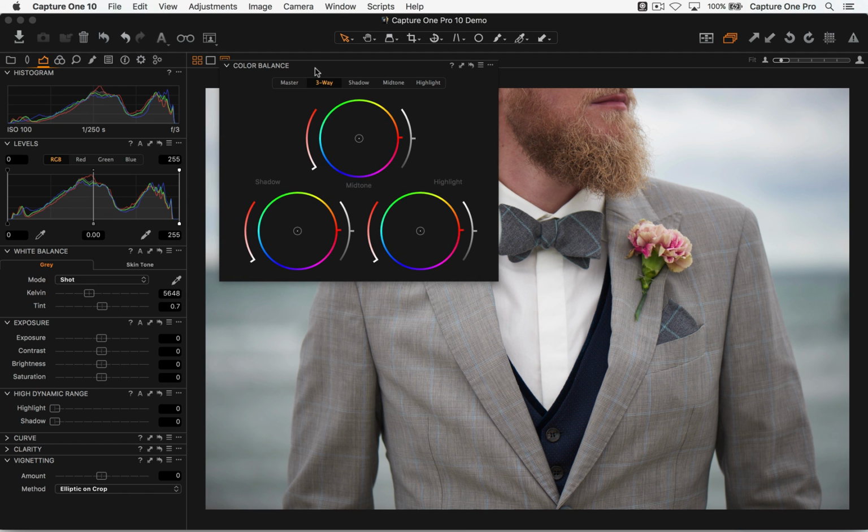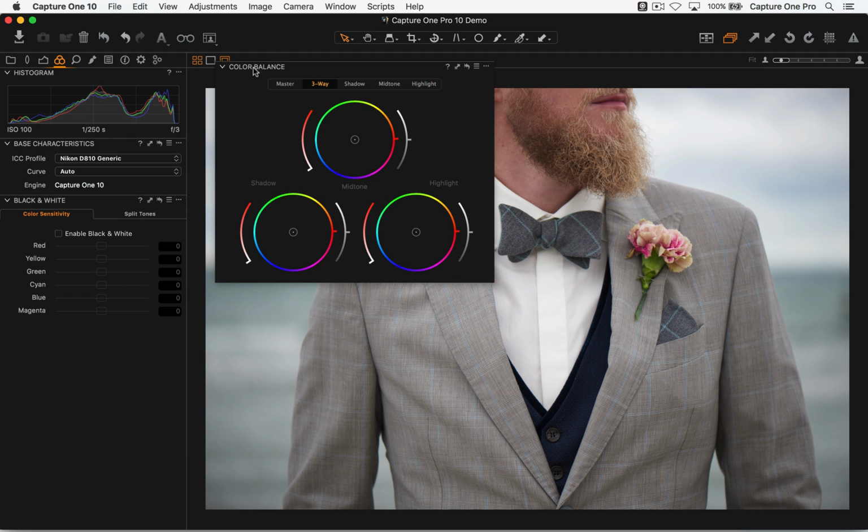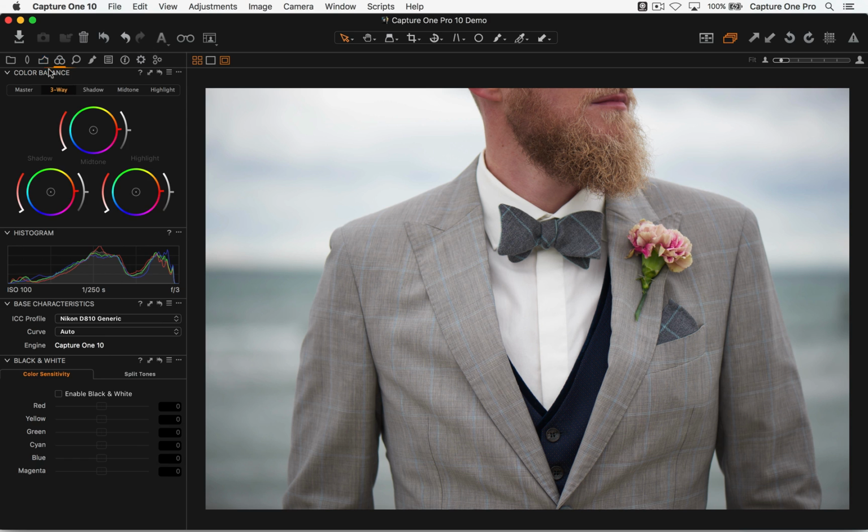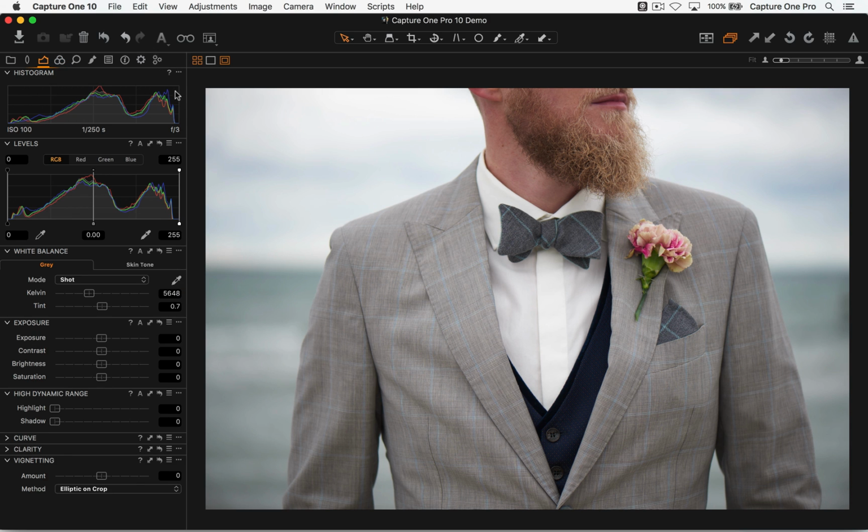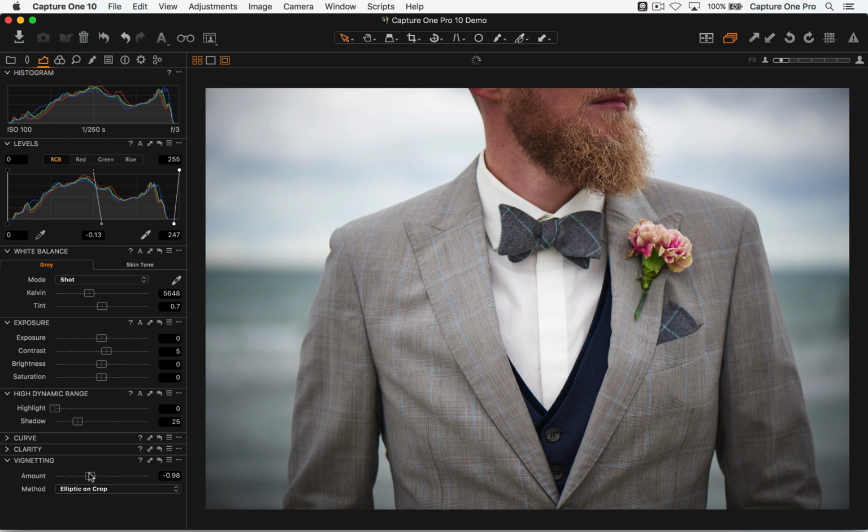So in this case, if we were going to adjust this image, let's do Command R to reset. So that's how it came out of camera. Pretty nice exposure, pretty good white balance shot. Not really a great deal to do, but we could probably get a few base adjustments in first of all before moving on to playing around with the color balance tool.